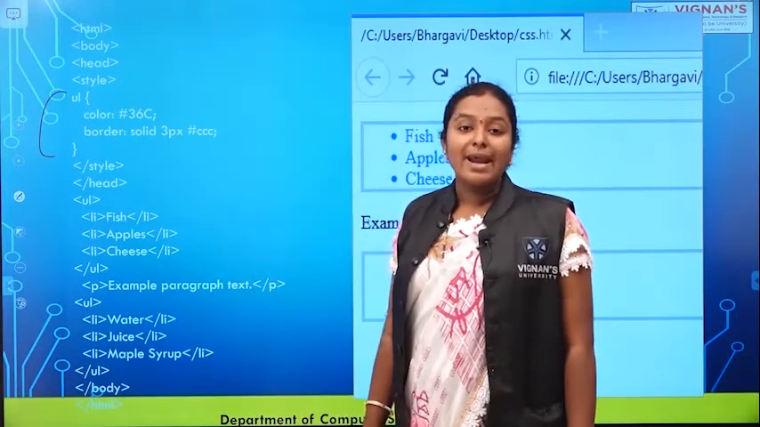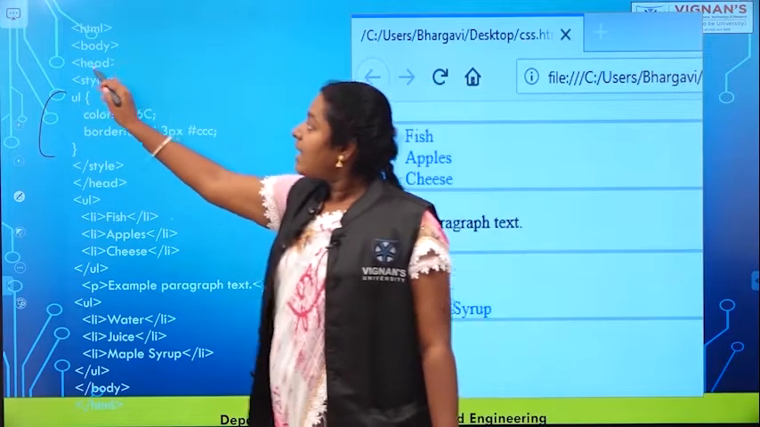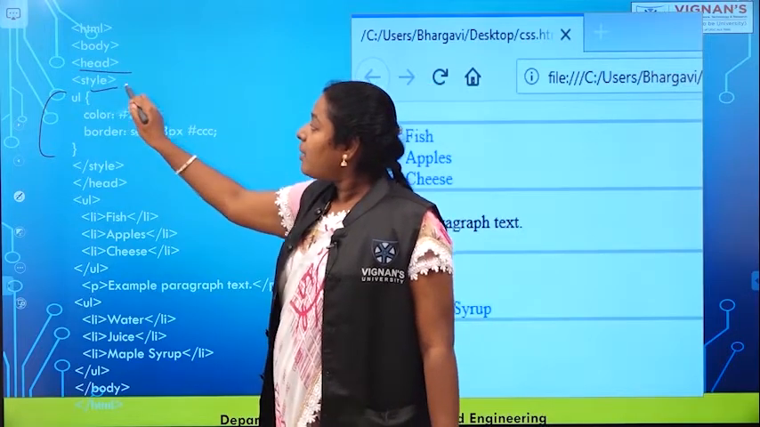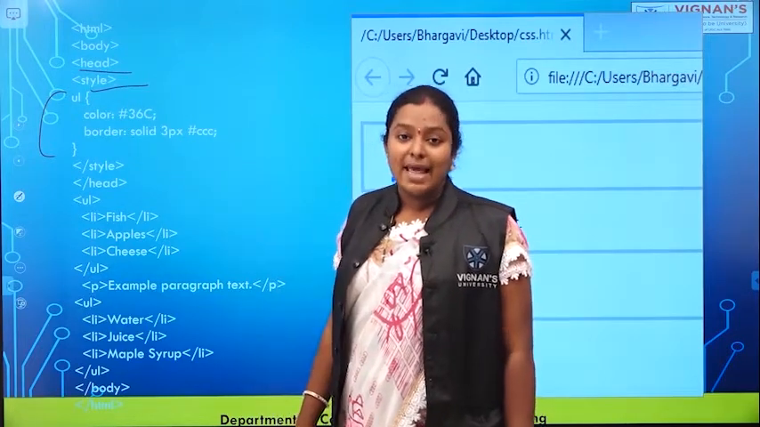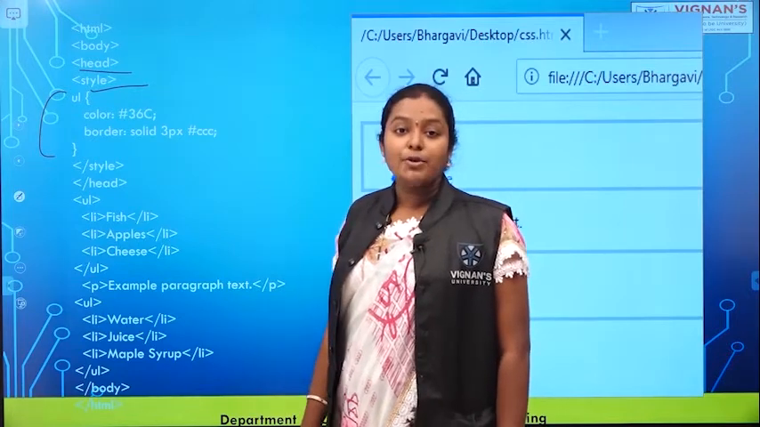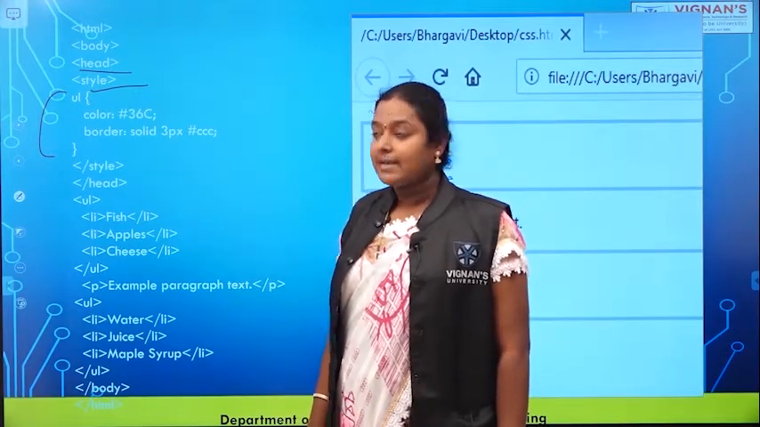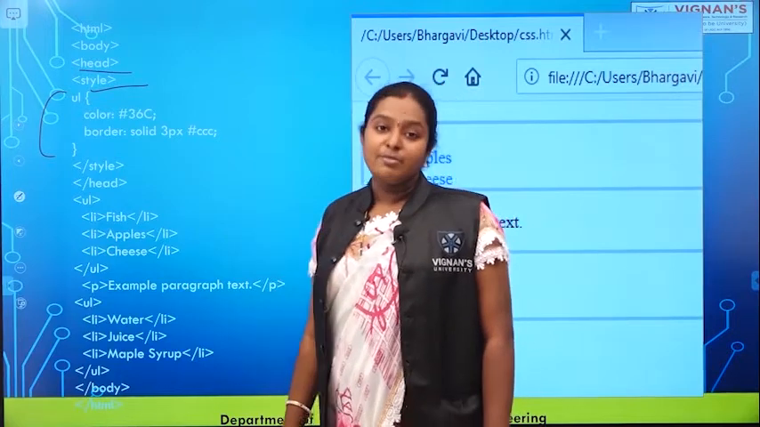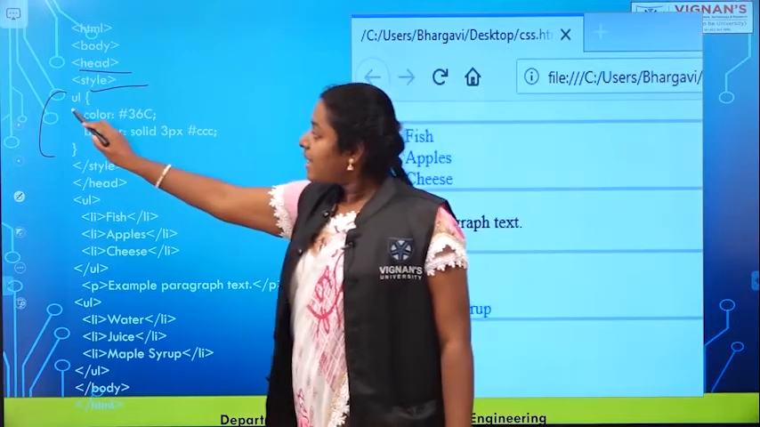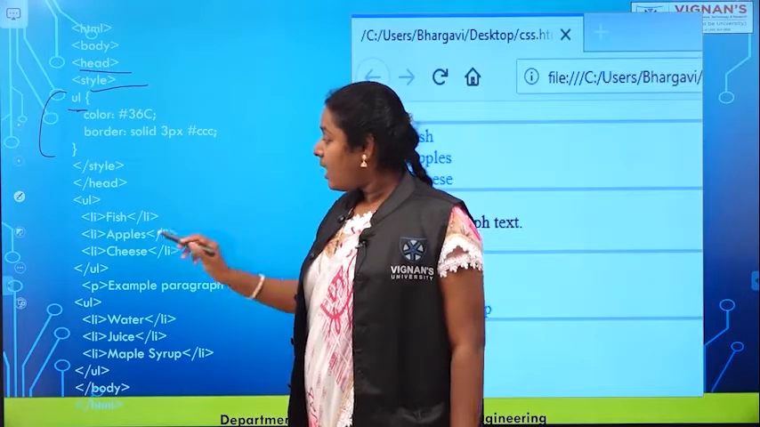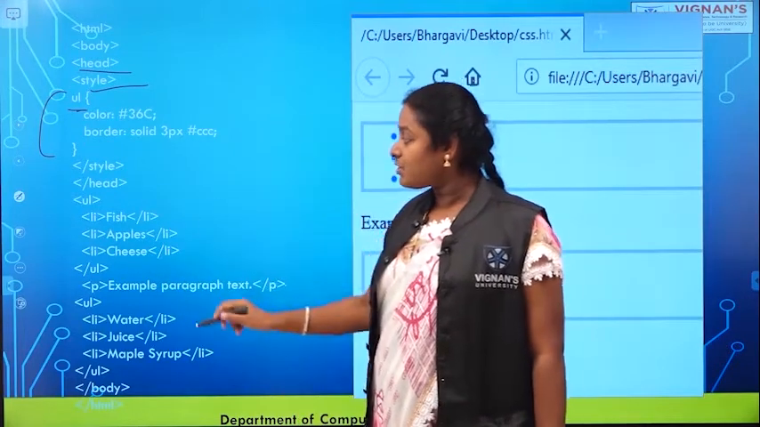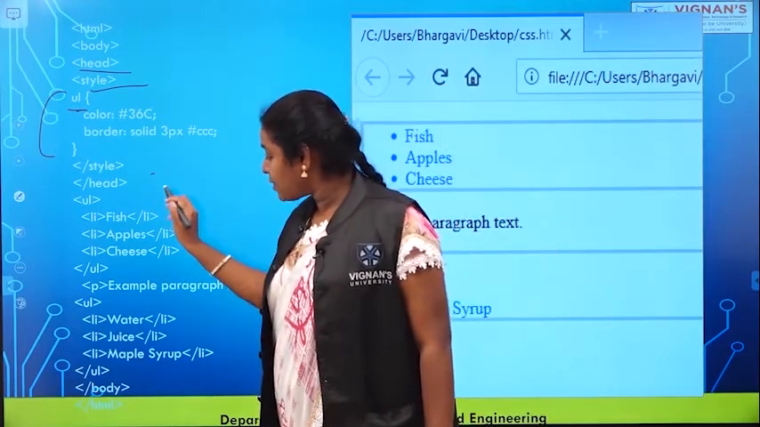So where do you have to write these selectors? Within the head part you have to use a tag called the style tag. Within the style tag you have to write all these types of selectors. Here I am using the element selector, and here I am taking the UL tag. And if you see within the body section, here you can take within the body,